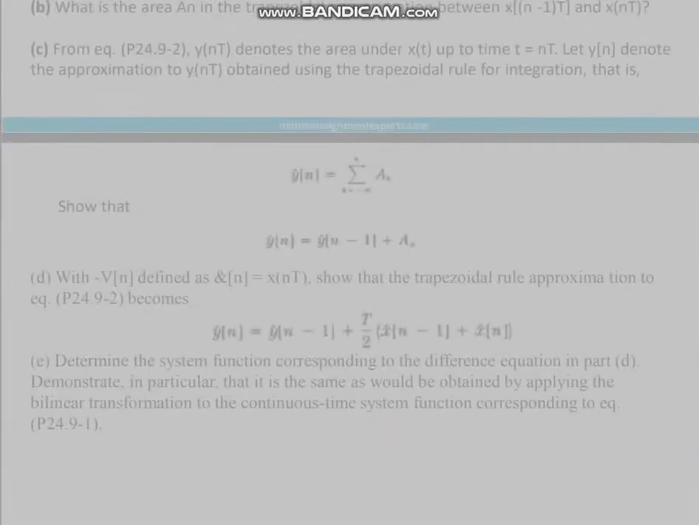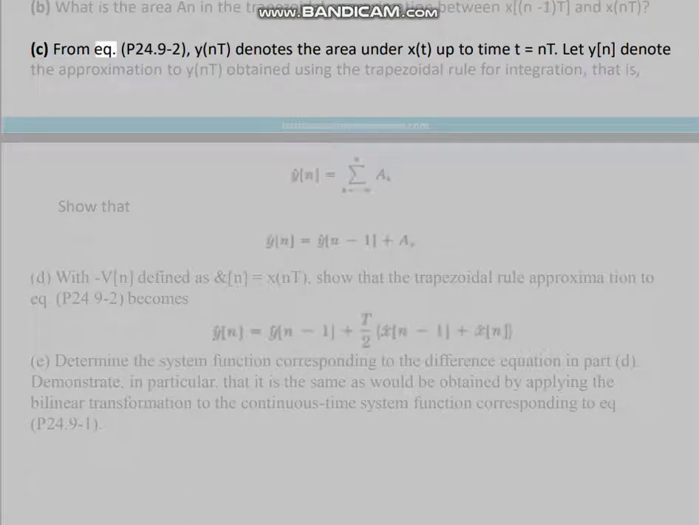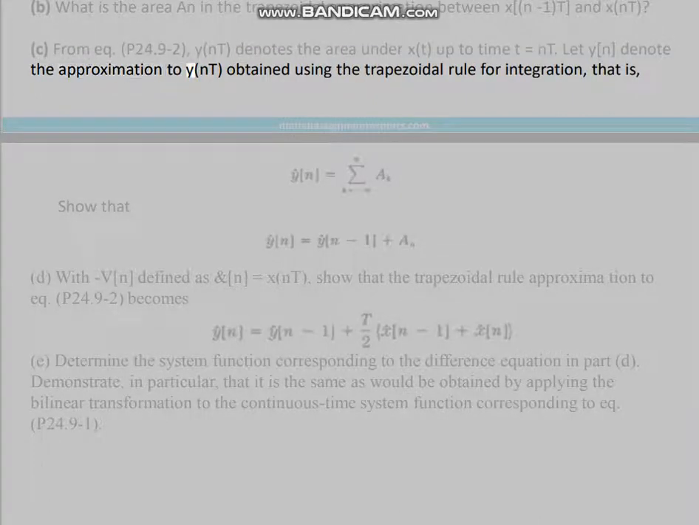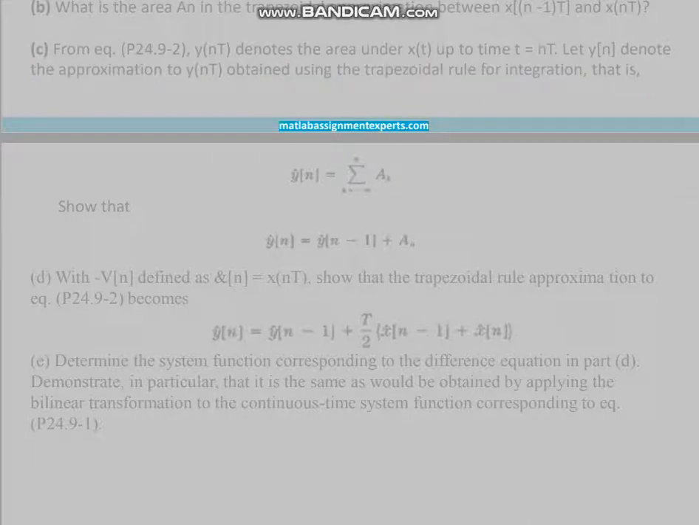B. What is the area in the trapezoidal approximation between (n-1)T and nT? C. From equation P24.9-2, y(nT) denotes the area under x(t) up to time t equals nT. Let y[n] denote the approximation to y(nT) obtained using the trapezoidal rule for integration, that is, show that